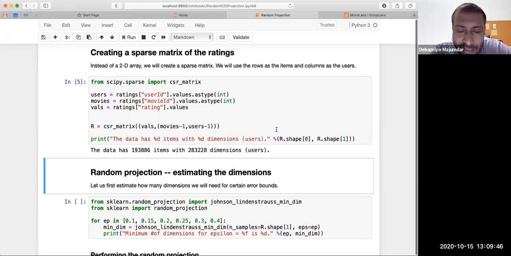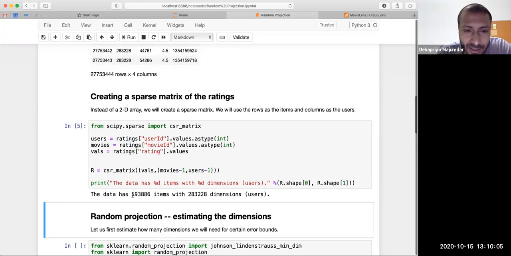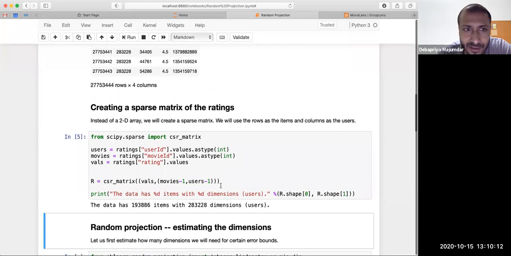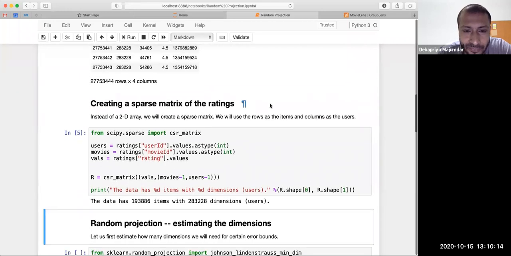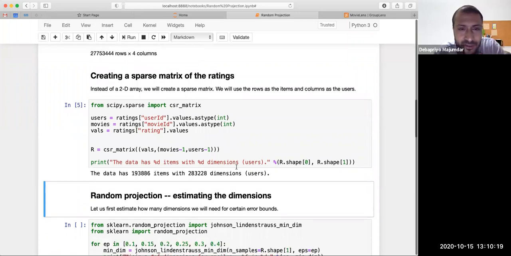But when we think about this, we think that the users are rows. So you have to make a swap in your thinking every time you are thinking conceptually and doing it here. So to answer your question, Deepen, if it was not sparse, it would have had around 200,000 times 200,000 entries, right? But you don't have so many. That would have been, I don't know, just calculate 10 to the power whatever. But it's a sparse matrix.